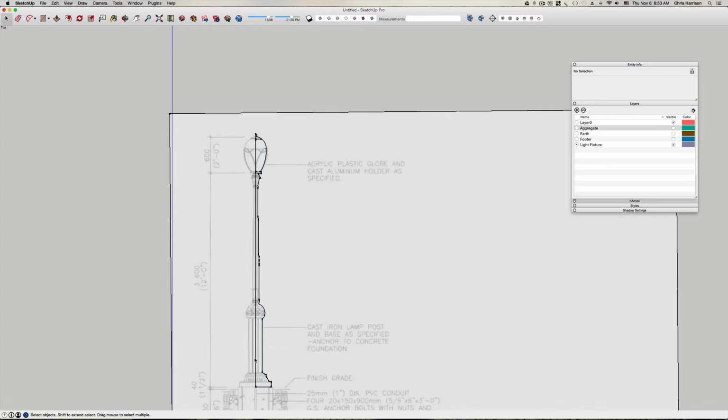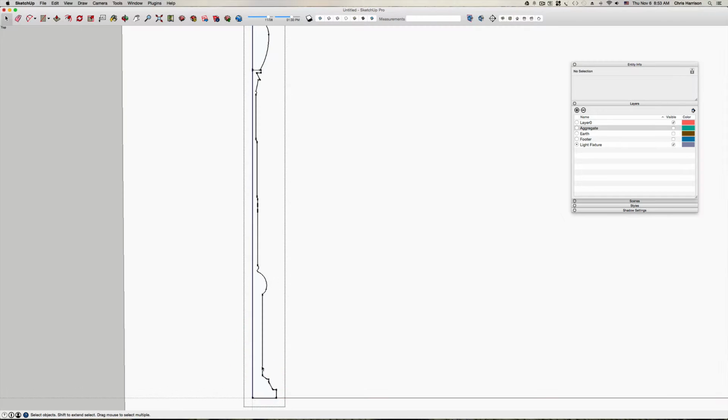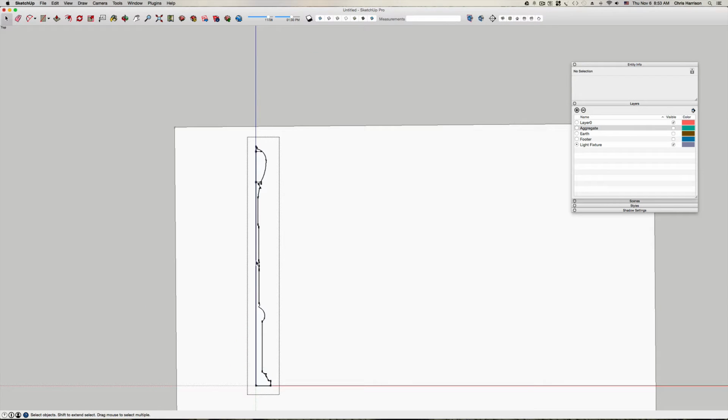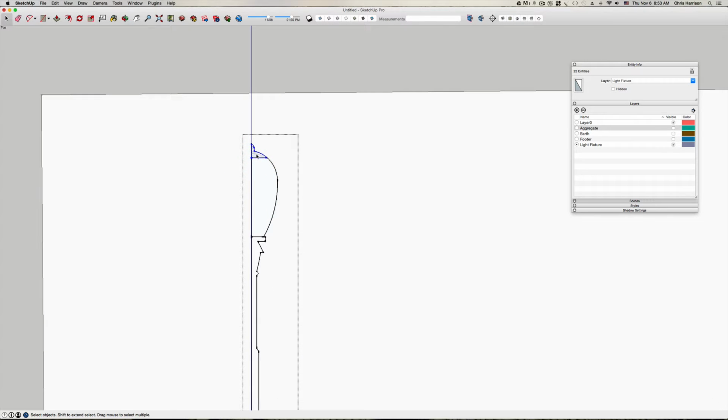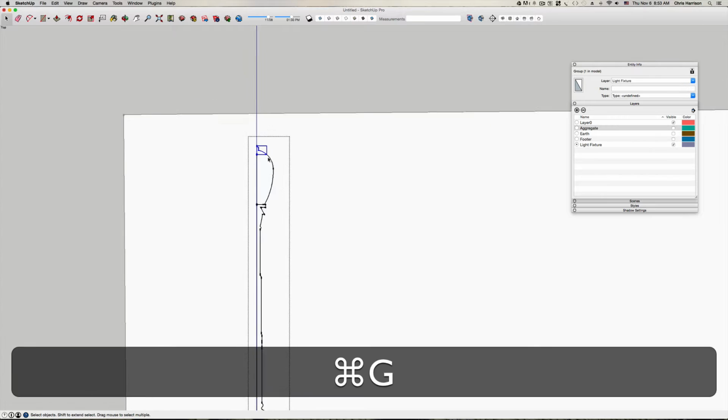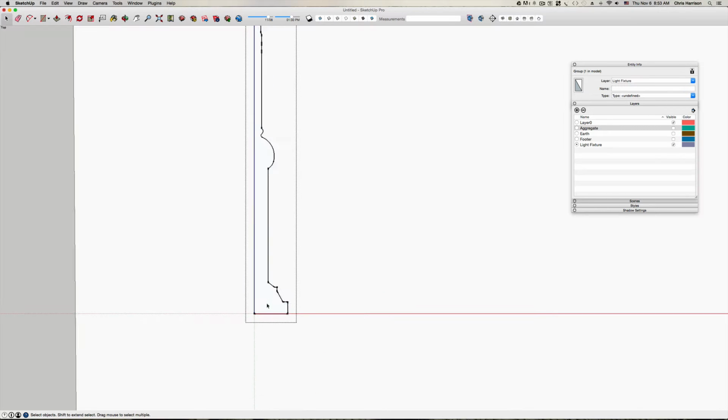Okay. So I'm going to double click in this lamp group, if you will. And I'm going to make 2 more groups. I'm going to make this one a group in itself, and I'm going to make that a group, actually 3 groups, and then that top piece is going to be a group. Okay. So I'm going to go in here,